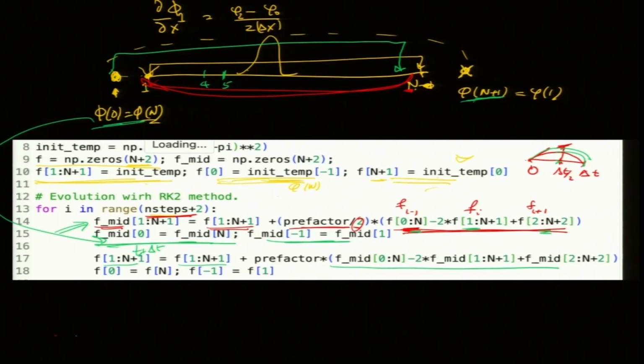Okay. So, my answer right now will be f, after this my temperature, this f 1 to n plus 1, is my answer at t equal to t plus delta t. Before the loop it was at time t. So, I made the advance in 2 steps. I recommend using RK2, but for testing you can use Euler. First use Euler, but once your code is tested you can use RK2. Is it clear? So, this is what you should use for vectorized operation.